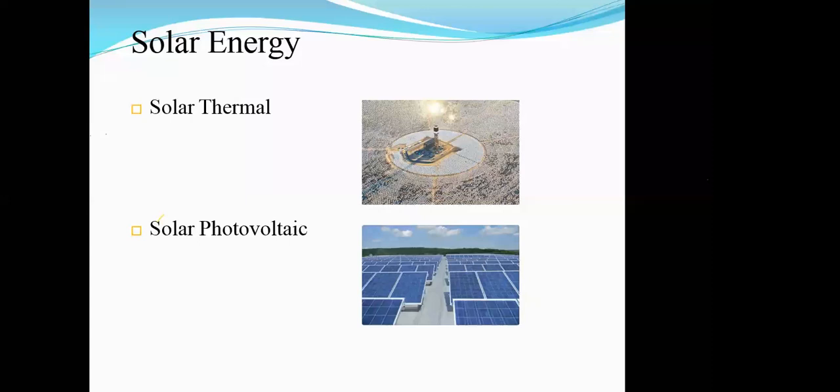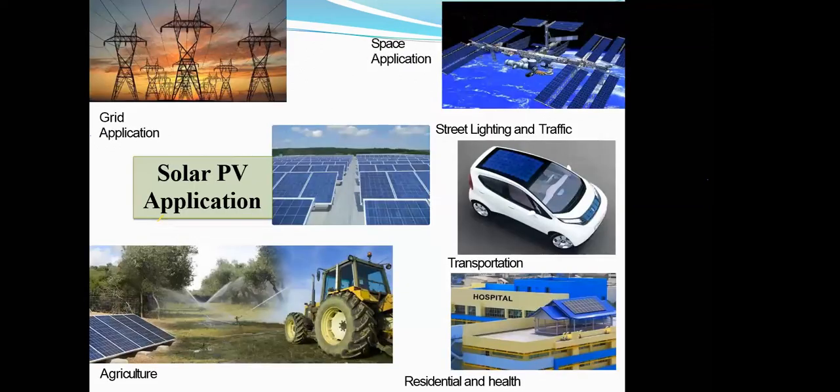So basically these are the two methods in which we can utilize solar energy, either by solar thermal or solar photovoltaic. Solar thermal is converting solar energy into heat energy, and solar photovoltaic is converting solar energy into electrical energy. It has various applications in various areas, and in this slide I tried to show it by using different pictures,